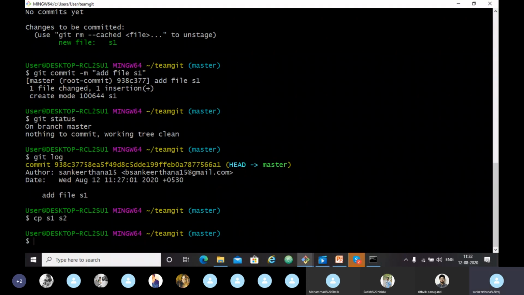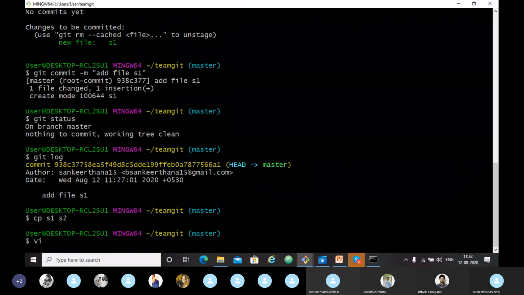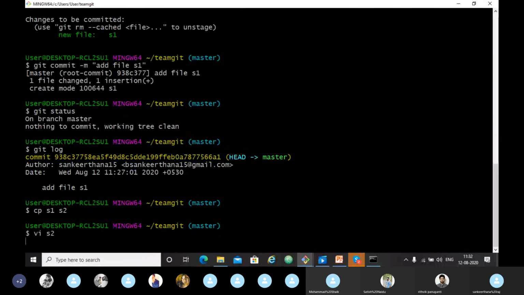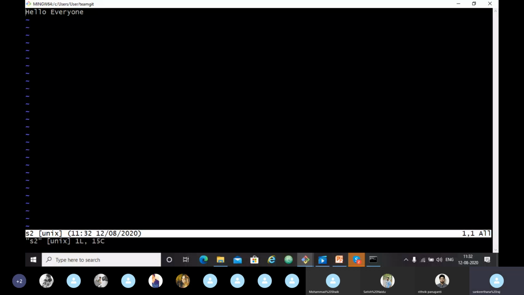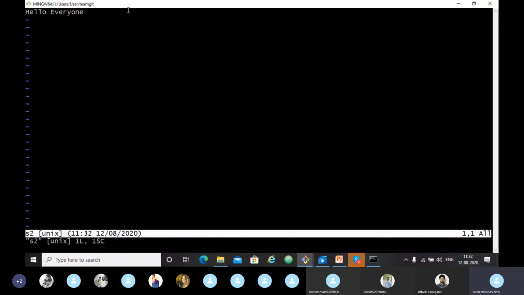So now I will edit S2. To edit S2, I have to open the Vim editor, vi S2. Since I copied from the S1 file, it has the same message.